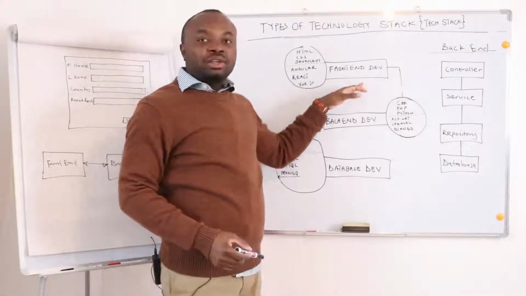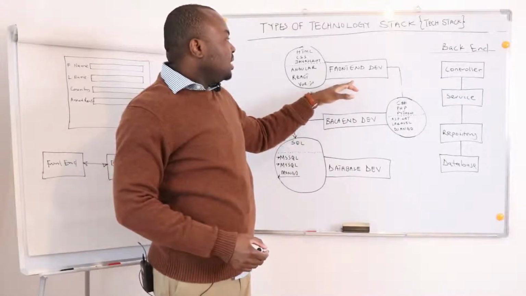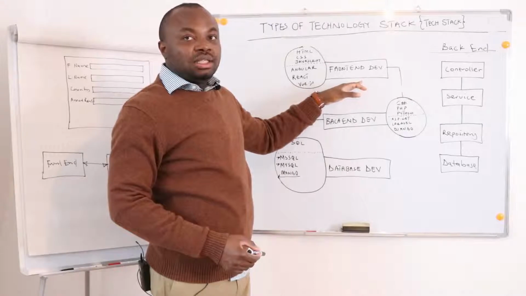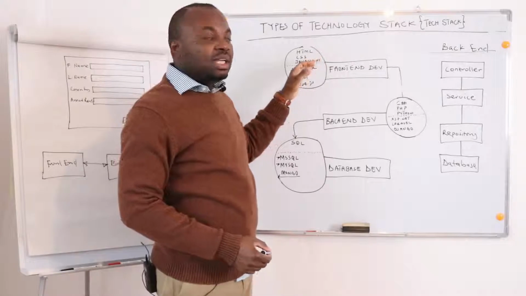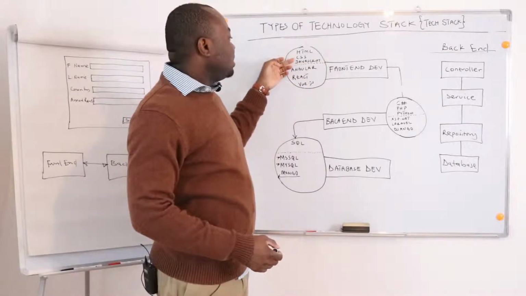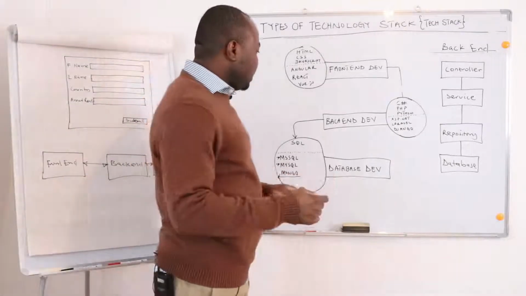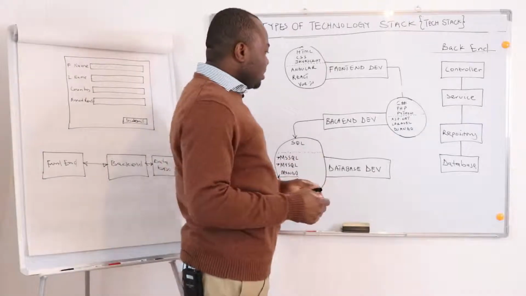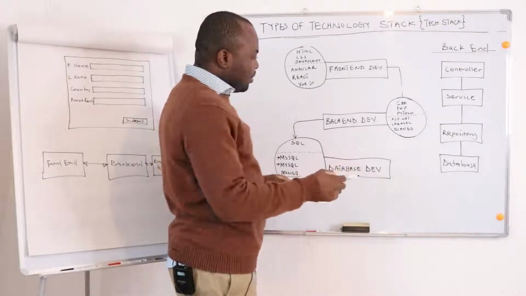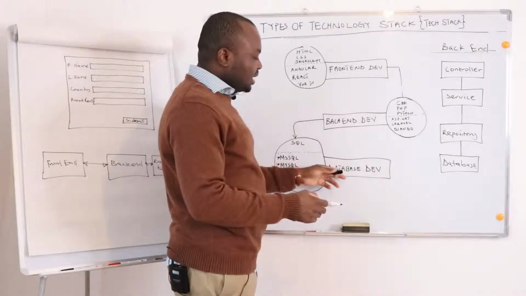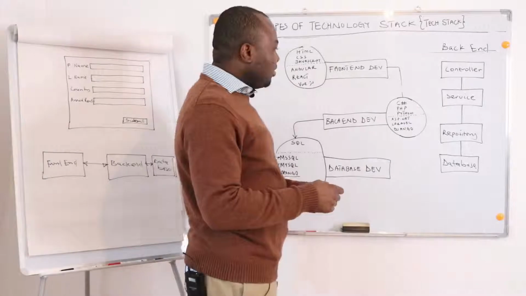Last time I talked about the front end, where I showed the various technologies that we use at the front end, and I made mention of HTML, CSS, and JavaScript. So today, without wasting much time, I want to go straight into the back end part of types of technology stacks. I might just cover the back end and the database, because the database should be part of the back end stuff. So that is what I will be covering.